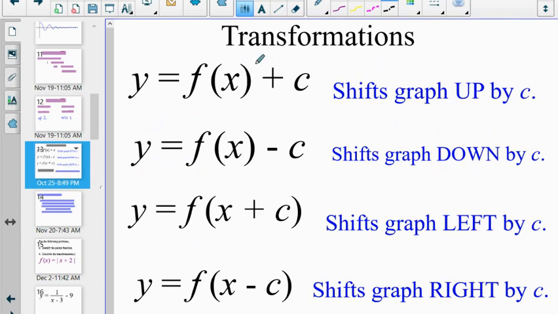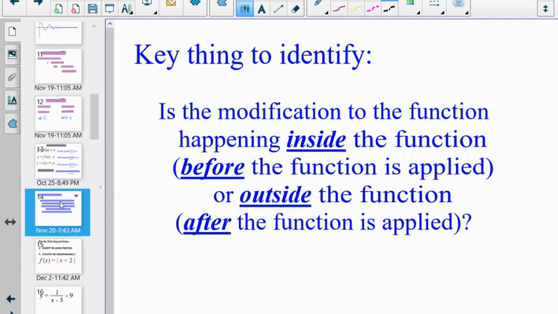We've got the function plus some number, the function minus some number. These graphs are moving up and down. And then inside the function, replace the x with an x plus something, moves to the left. Replace the x with an x minus something, moves it to the right. I'll give you the opportunity to pause the video at this point and get these copied down. And then I'll move on to the